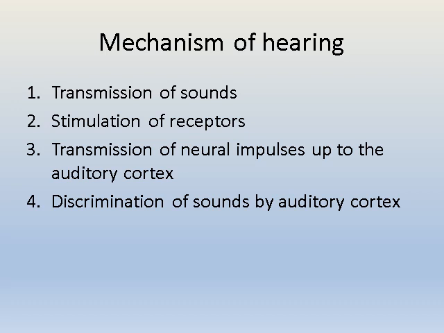So now we can divide the mechanism of hearing into four main steps. Number one, the transmission of sounds along the outer, middle, and inner ear. This is followed by stimulation of receptors at the inner ear. Then transmission of the neural impulse up to the auditory cortex. This is also called the auditory pathway along the central auditory nervous system. And finally, discrimination of sounds by the auditory cortex. These four steps will be further explained in details